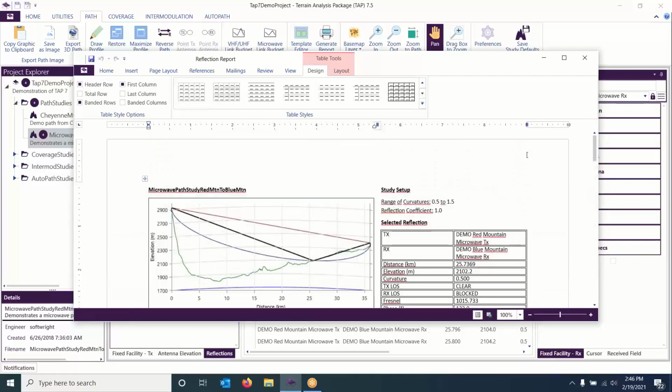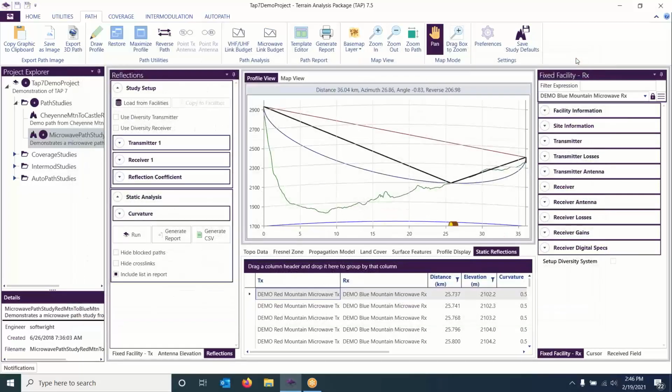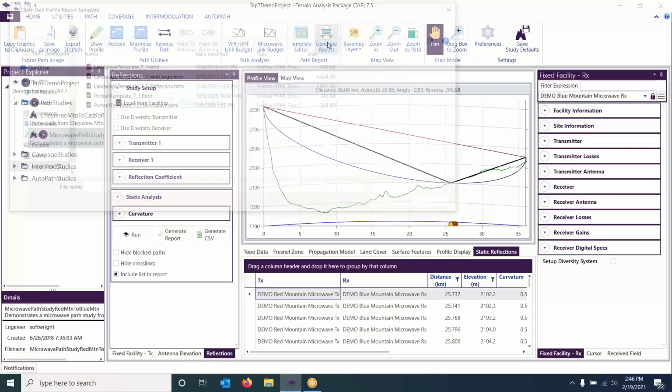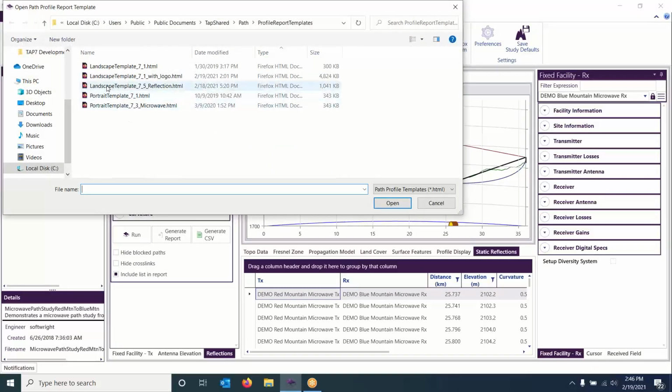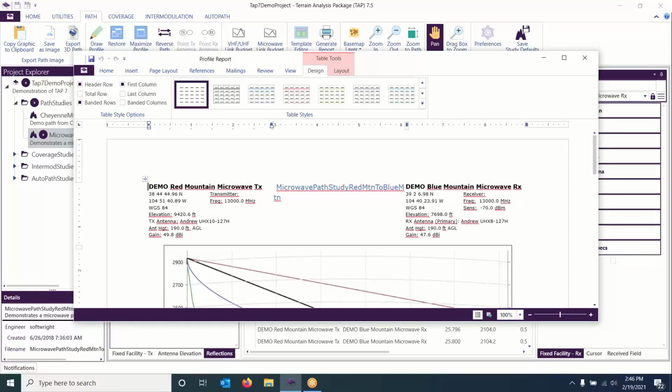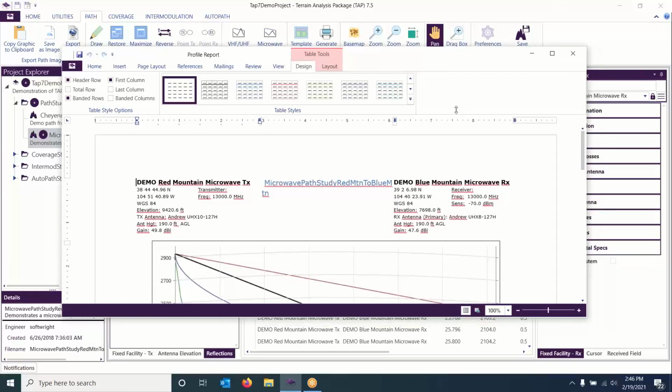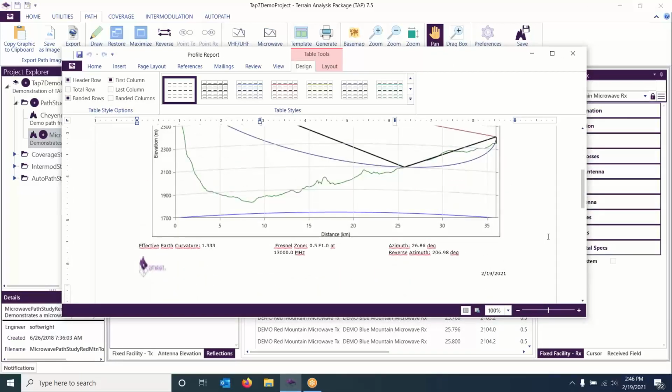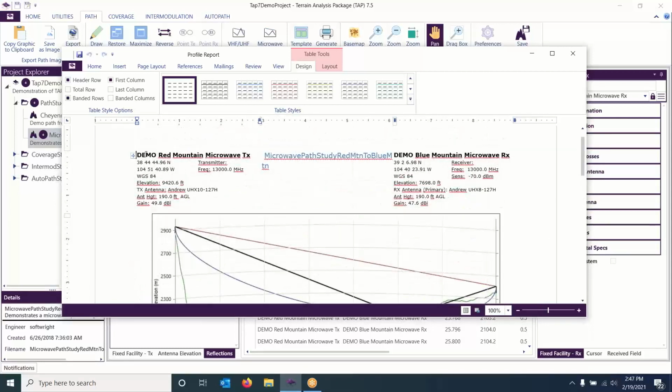And that's that report. If you'd like to do a different report, you can go up here and select Generate Report. And we now have, with 7.5, a landscape template _75 reflection.html. And it fills in the reflection components. You'll notice that in the template setup, you can add the reflection outputs in there as well. So I need to go and redo my logo here,